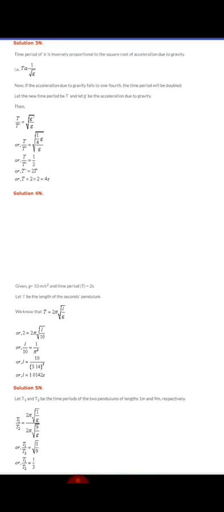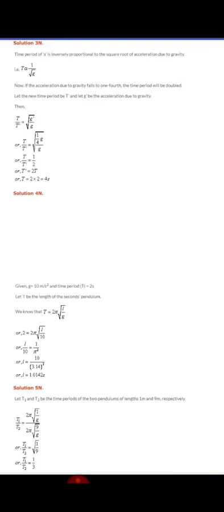Next, the length of the seconds pendulum is 1 meter. Please learn this by heart. The length of a seconds pendulum is approximately 1 meter. Now they might ask you to prove that. The time period formula is 2 pi root of L by G. T is 2, L I don't know, G value is 10. So I get 2 is equal to 2 pi root of L by 10.